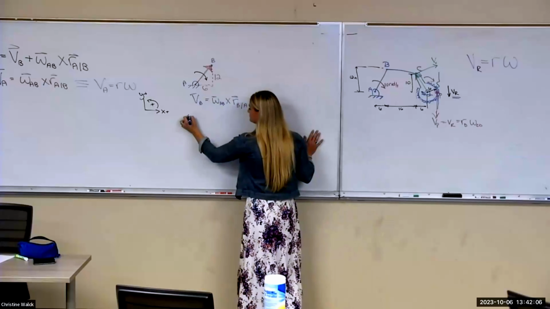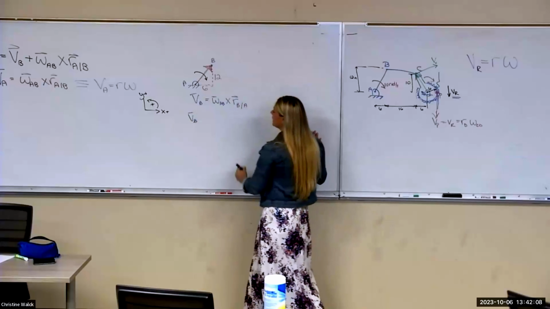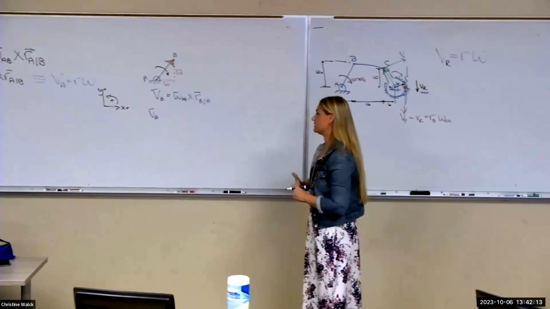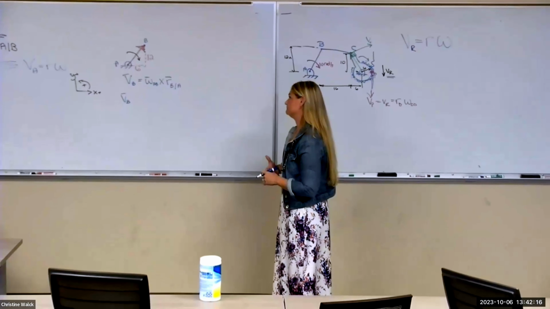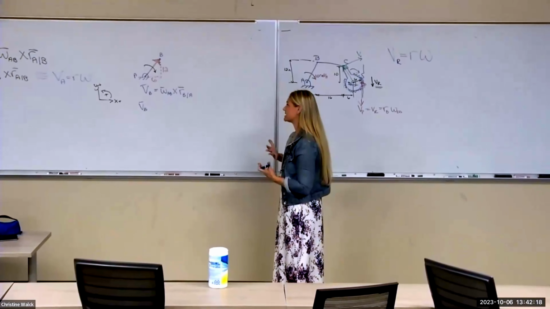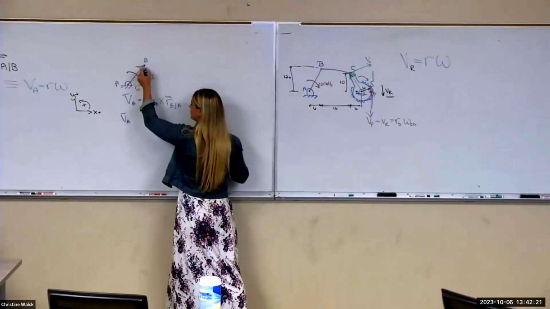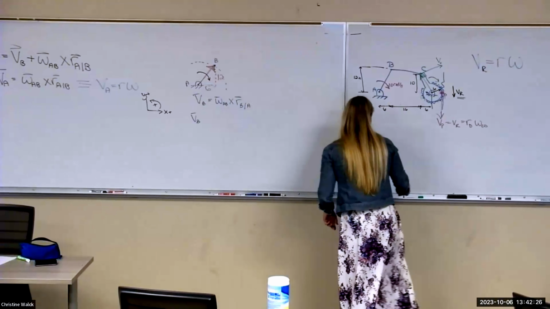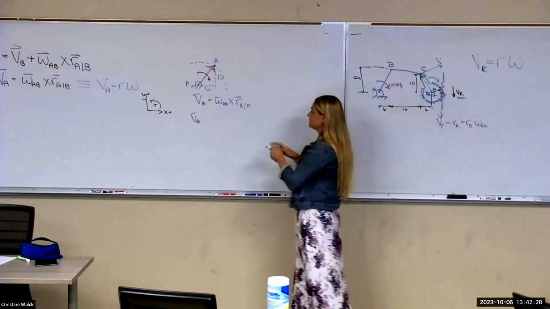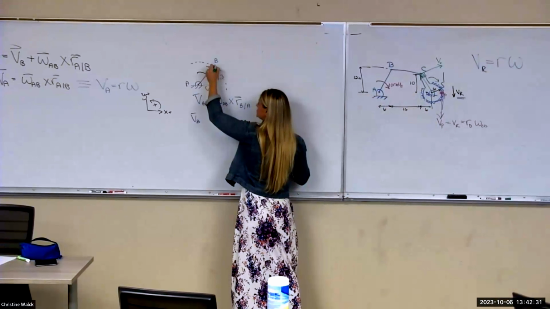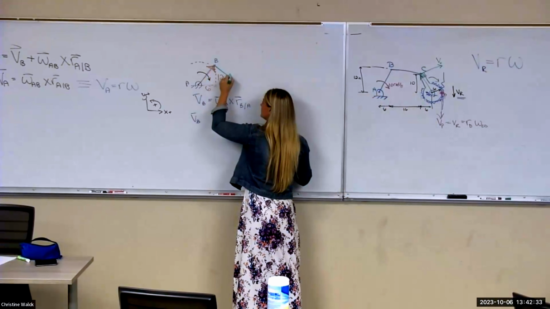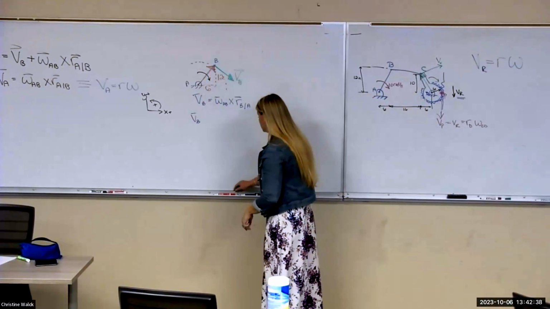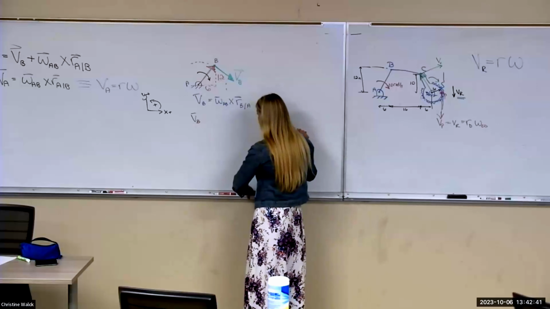So VB, if I were to represent the vector VB, how would I do that? Well, it's in pure rotation, so I know that it has to be tangential to the circle that it makes about A. And I also know that it is perpendicular to its position vector. So this is VB. So I'm going to say that VB equals